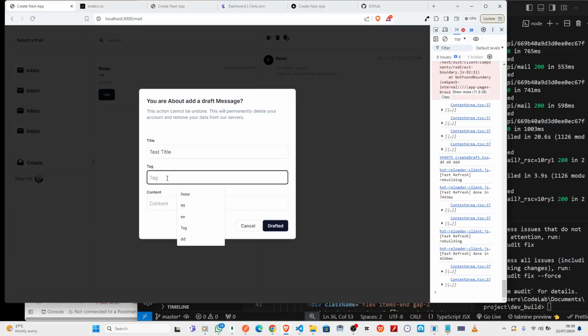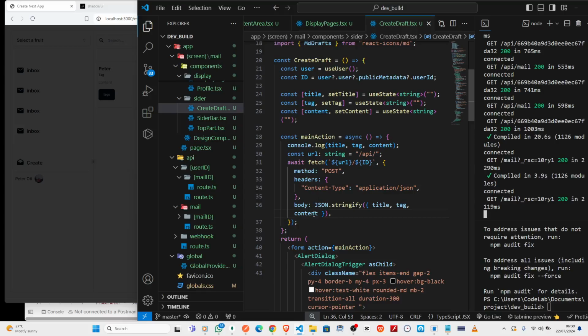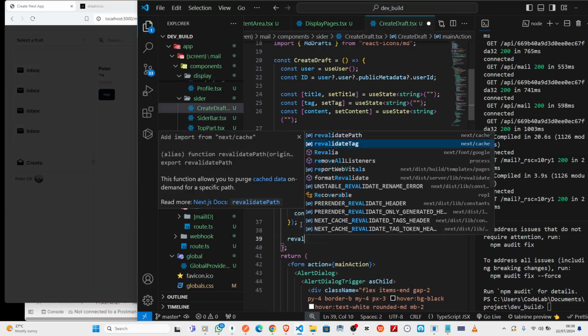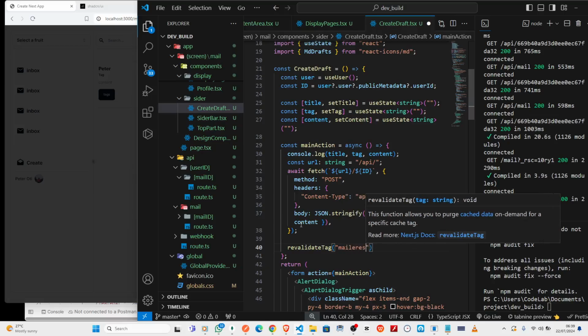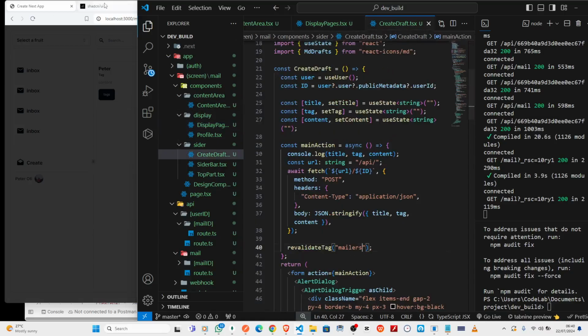Title, let me call this mocolor work. Then here you can just do creating post content, right? So let me make sure everything is fine. So I need to do one more thing, right, which could be revalidate tag, and I think I use mailers. Save that, but let me be sure. Yeah, mailers. Okay, so once I save that